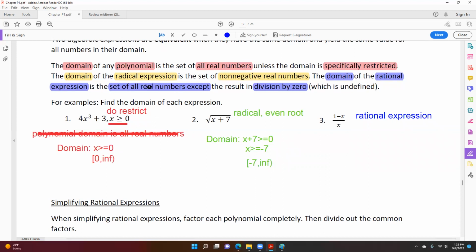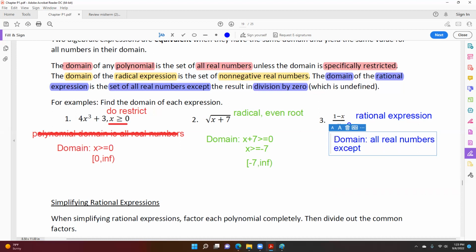Your domain is all real numbers except what makes your denominator become 0. So in this case, we just need to set your denominator to 0 and solve for x. Now, the good news for this question 3 is you do not need to solve it because it's already x by itself. So your domain in this case will be all real numbers